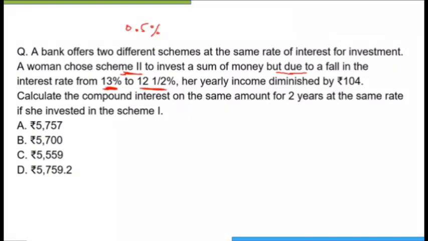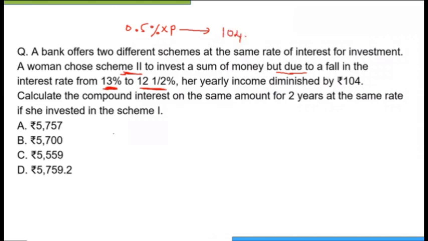After 2 years, remember, whenever he's saying the interest is decreased, how much is decreased? That is 0.5%. What is the consequence of that? That tells me this 0.5% we always calculate on the principal. Remember, 0.5% of the money she is investing, that is 0.5% of the principal she is investing,